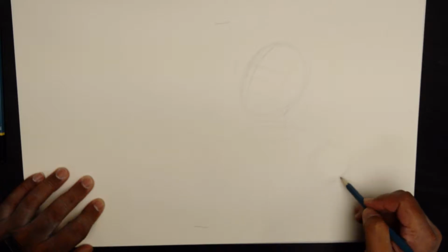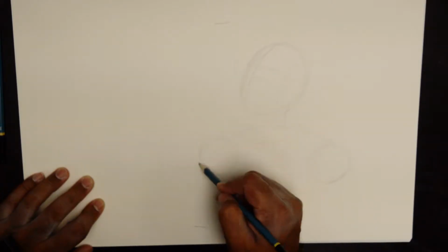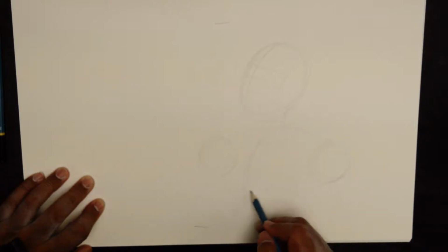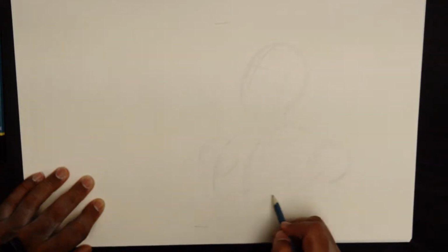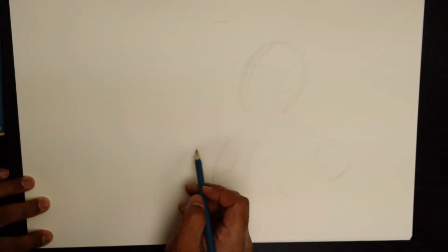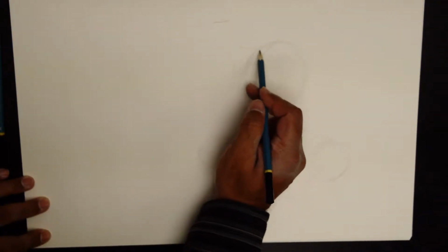He is fairly fit in terms of his physical presence, so I'm going to put in another shoulder here. The chest will be like that, because we're looking at that perspective, so right around there. If you have those things down, you have the shoulders and the head in place. And then just for a slightly dramatic effect, I'm going to put in,